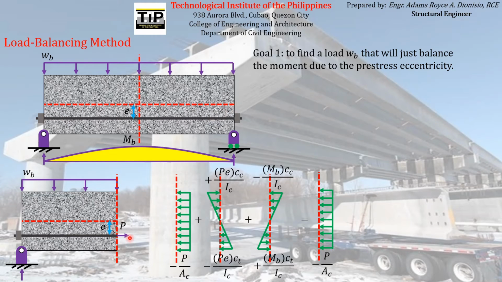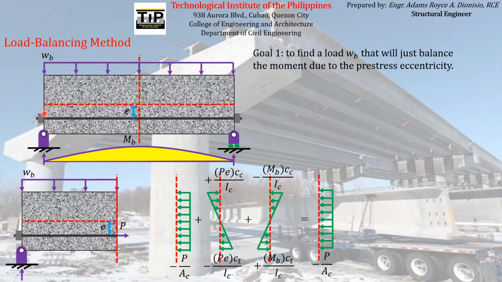So why is that? Why is the eccentric moment due to the pre-stressing force going to have a constant magnitude all throughout the length of the beam? Simply because the eccentricity of the pre-stressing reinforcement all throughout the length is just constant. So if E is constant, and obviously P is constant, we assume throughout our discussion that the pre-stress force acting on the pre-stressing reinforcement is constant all throughout the length of the pre-stressing reinforcement itself. So since E is constant as well as P,